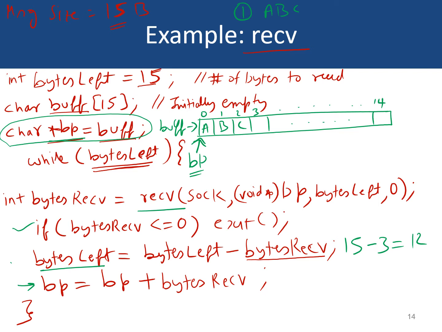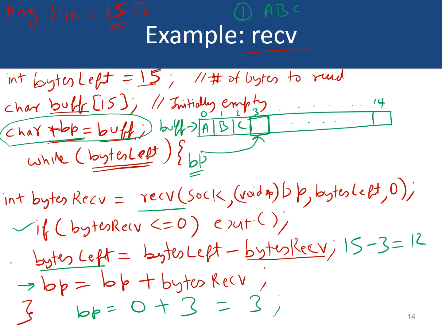So here when we do BP is equal to BP plus bytes received, our buffer pointer will become 0, which was the current value of the buffer pointer, plus 3, which is the number of bytes received. So the buffer pointer will now start pointing to the 3rd location in this buffer. And note that this 3rd location is now the immediate next empty location in the buffer, which is available for storing the new incoming bytes.